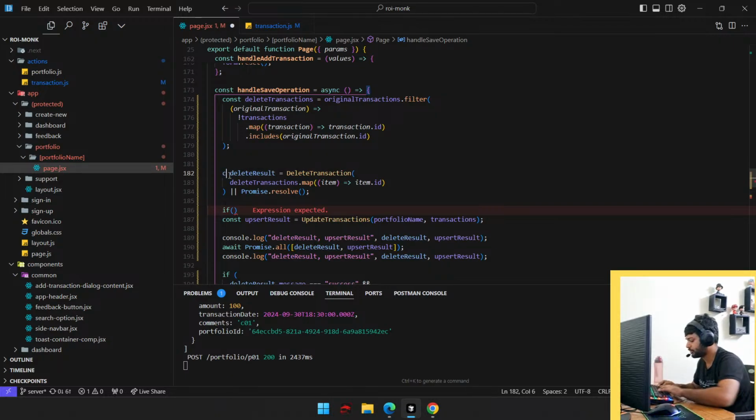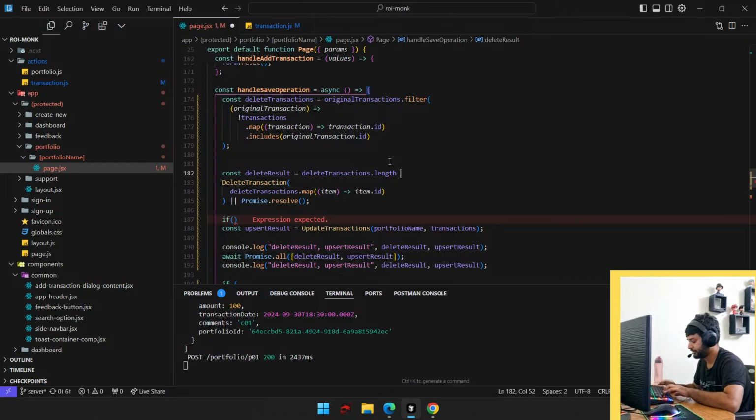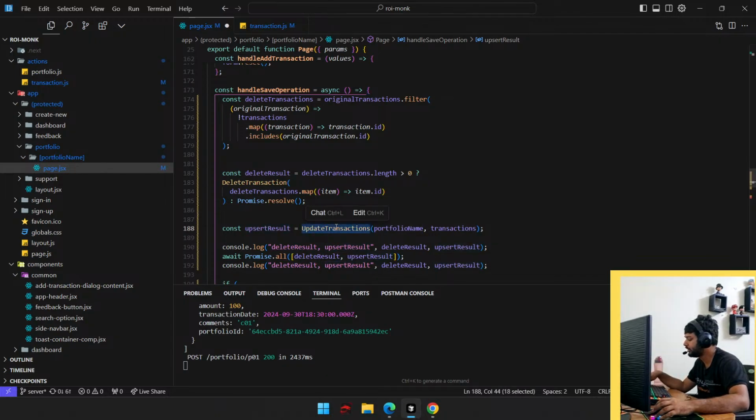Let me just put const delete result, delete transactions dot length is greater than 0 है तो ये चलाओ, और नहीं तो ये दे दो, सिंपल। ठीक है, तो डिलीट रिजल्ट में या तो अपन को डिलीट ट्रांजेक्शन्स अगर लेंथ ज़्यादा हुई तो हम ये कॉल कर लेंगे, एल्स will have promise dot resolve, राइट।